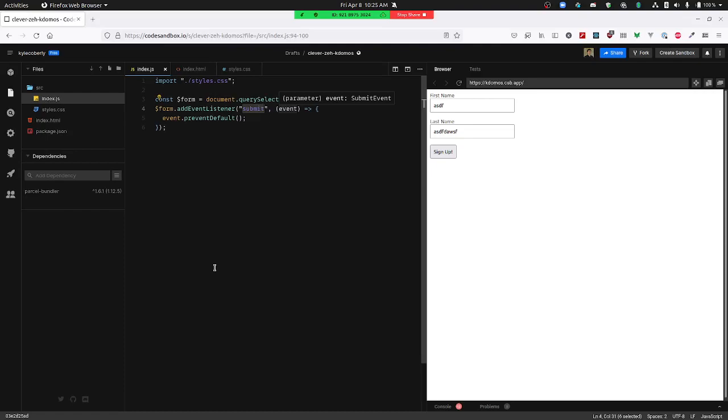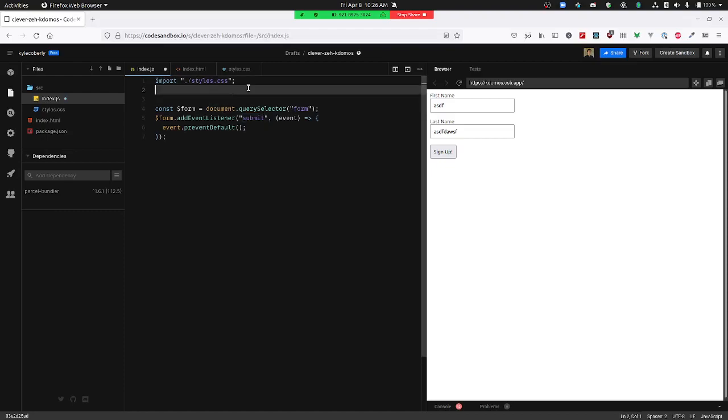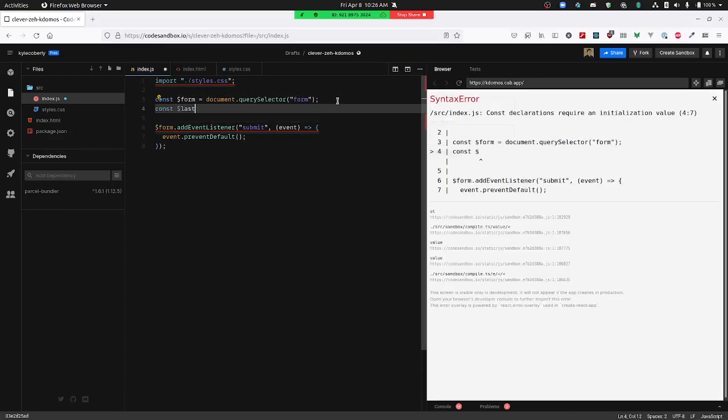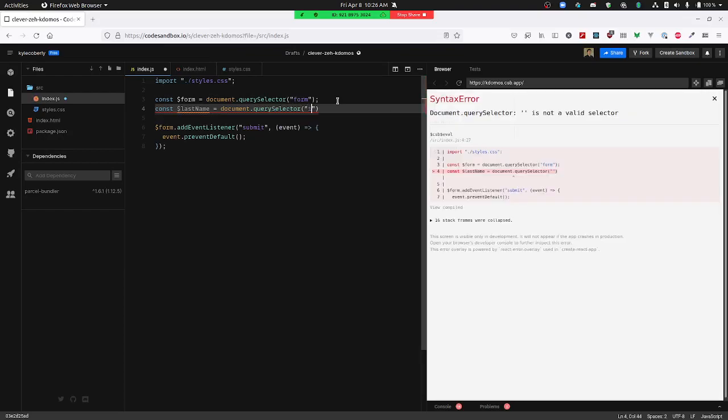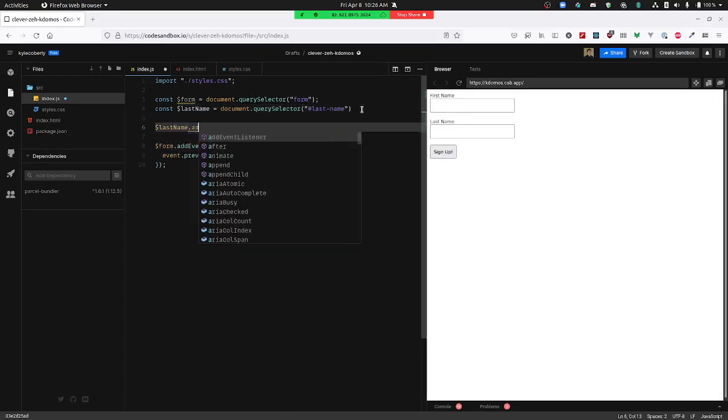Other questions about any of this so far? I was looking at this just before the lecture, and instead of the submit event, I was looking at the event called change. Is that similar to that you could hit the button? No. So what you would do with change, if I grab the last name ID, okay, so I grab this last name thing. If I listen to the change event on that,